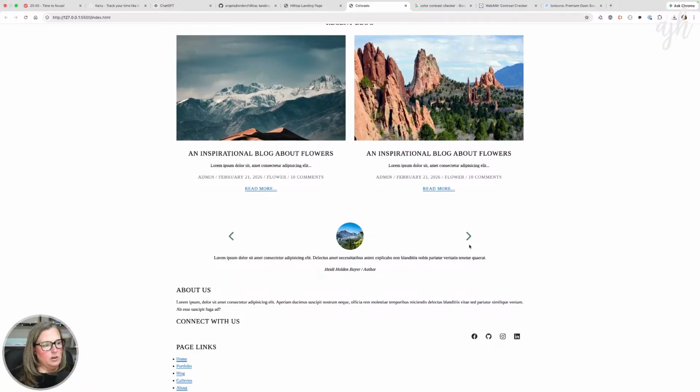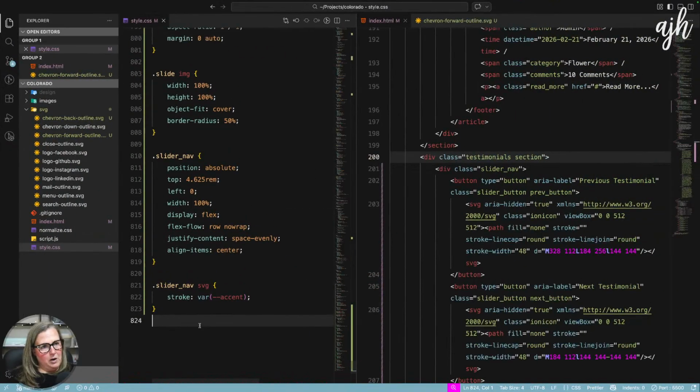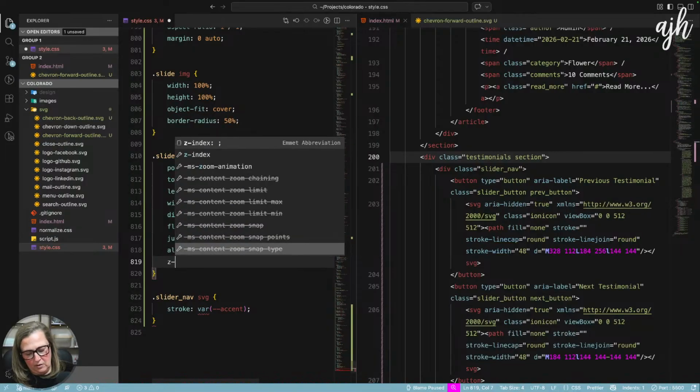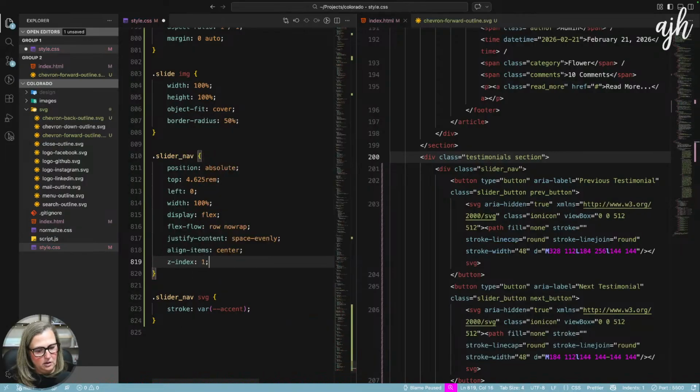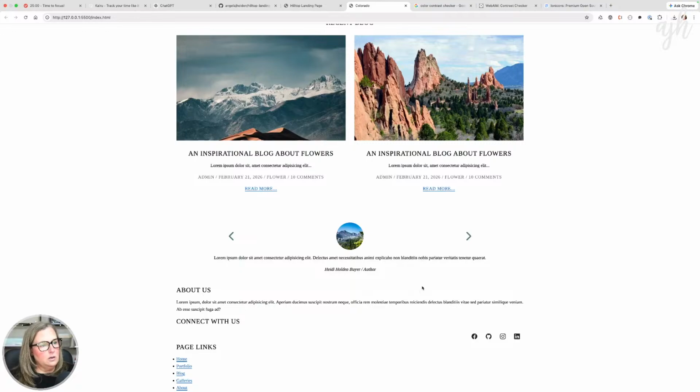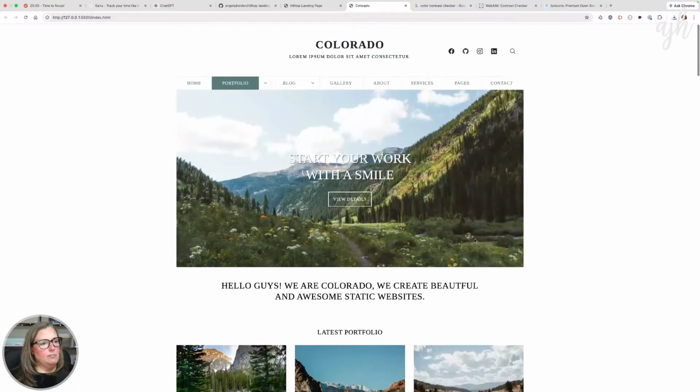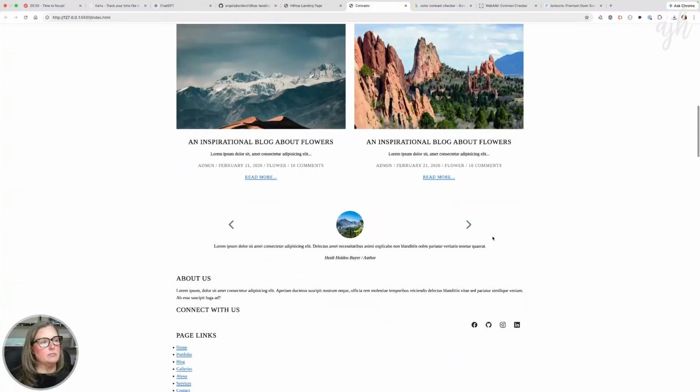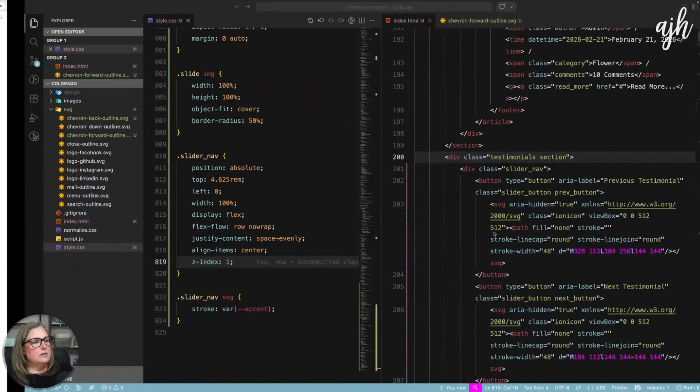It's not getting any hover. Why isn't it? Oh, probably because we do need to give this some z-index. There we go. Now our mouse is changing. We have to be able to interact with that. And we'll want to do some styles for focus, hover, and active. Yeah, that works. I like it.